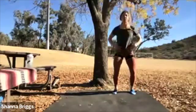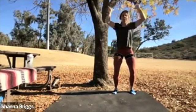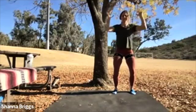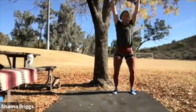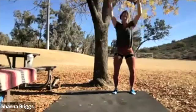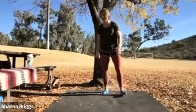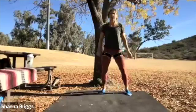Good. Maintain that little quarter squat. And here we go. Raise the roof. 9, 10. Good. About 5 more seconds. And we'll take just a short rest, about 10 seconds. Shake it out. If anybody does want to hold some light weights, we're going to go back to our squats